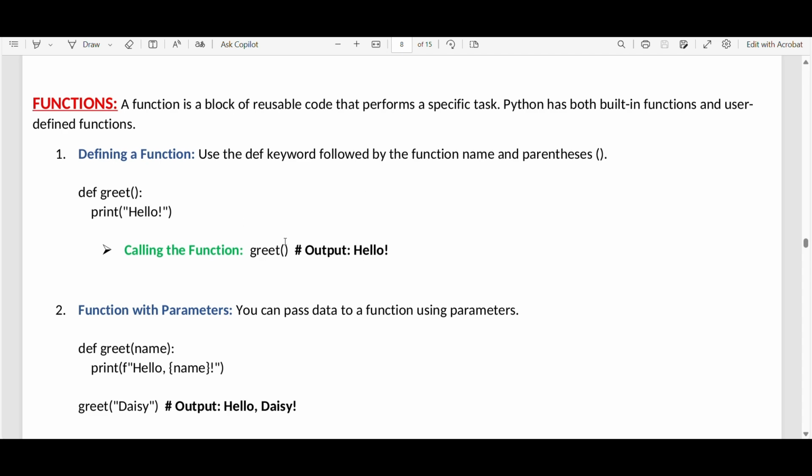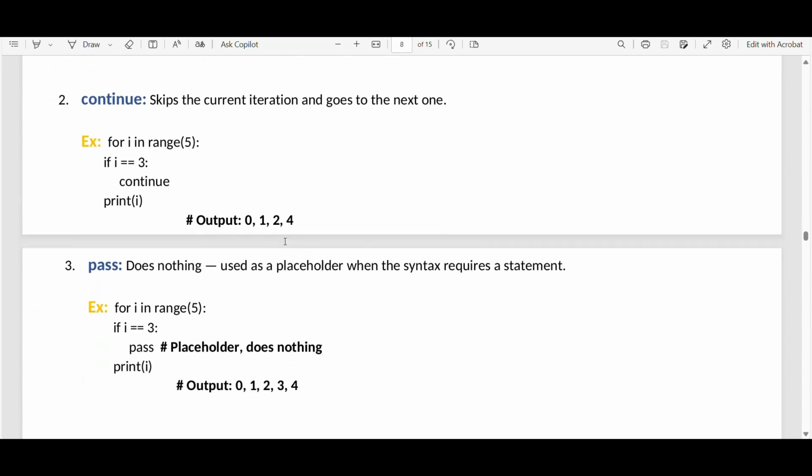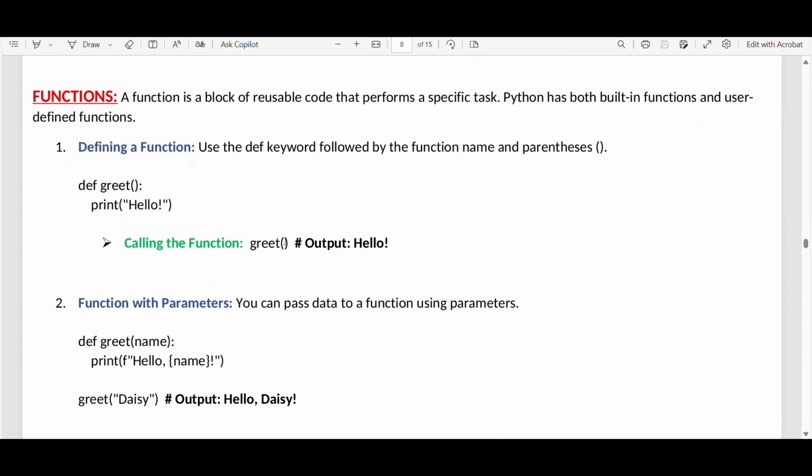tutorial. In the last class we discussed loop control statements, and in today's class we are going to discuss